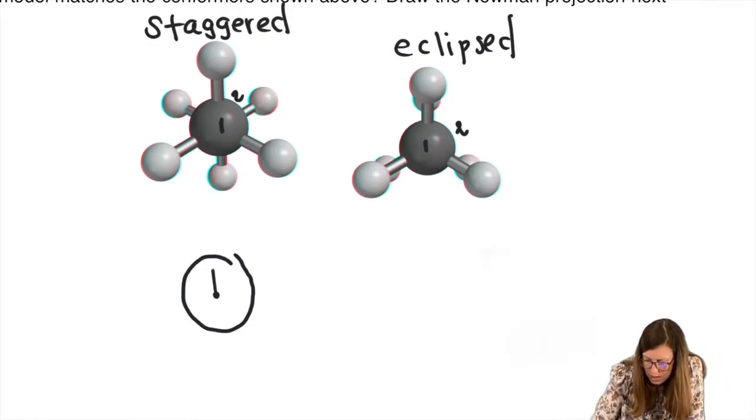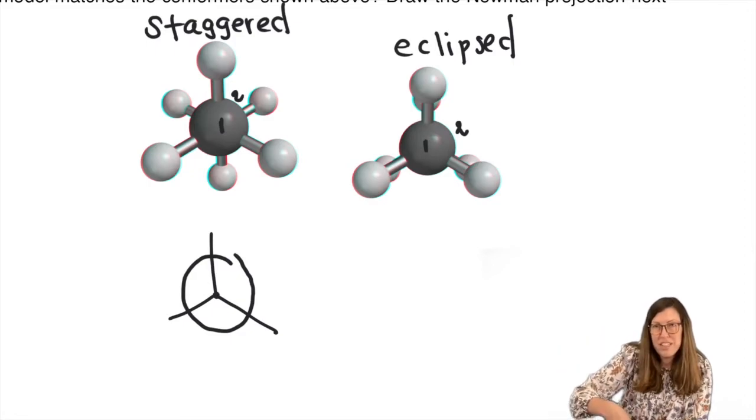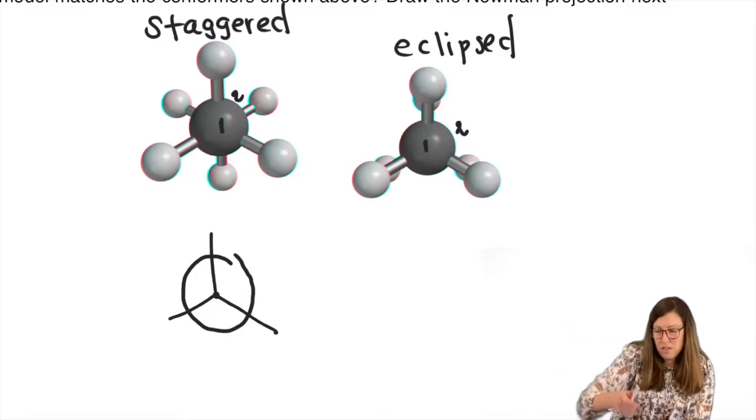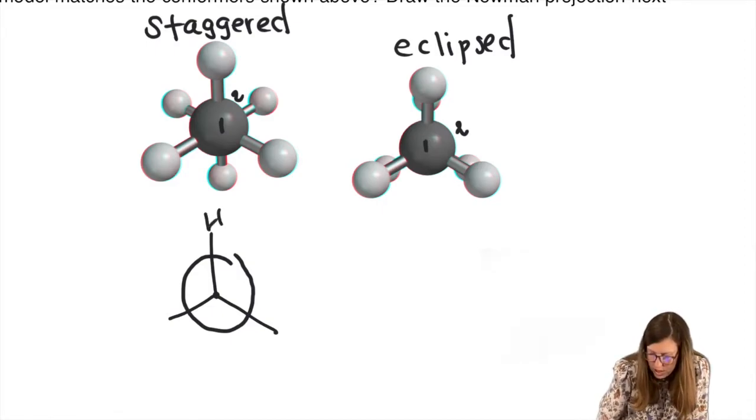So staggered has the front carbon, which should have 3 bonds coming out of it, and the 4th bond is that bond going into the plane of the paper, piercing it to bond to the other carbon. So you don't see the 4th bond drawn because it's literally going down out of the plane right there. So we have only H's since it's ethane. This is carbon 1. Carbon 2 is in the back.